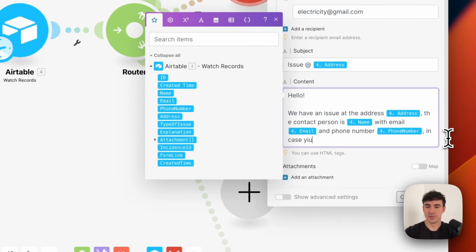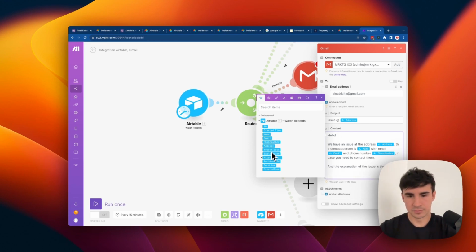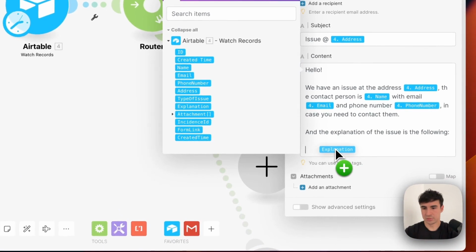In case you need to contact them, and the explanation of the issue is the following. So explanation here,